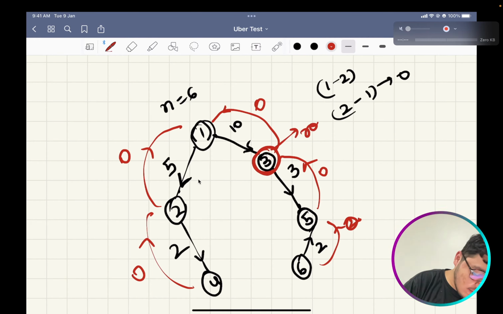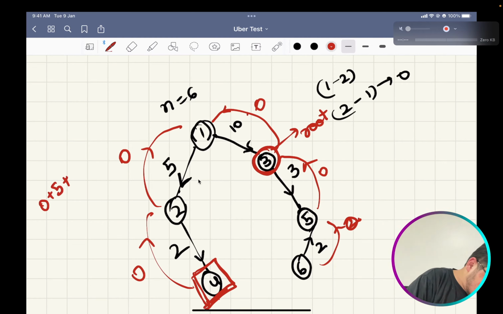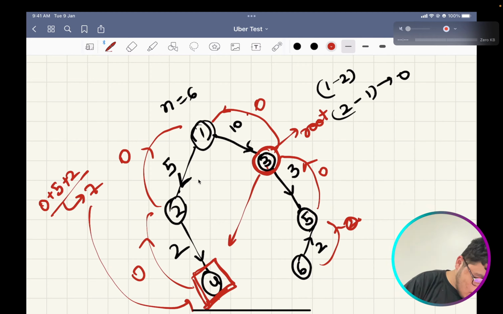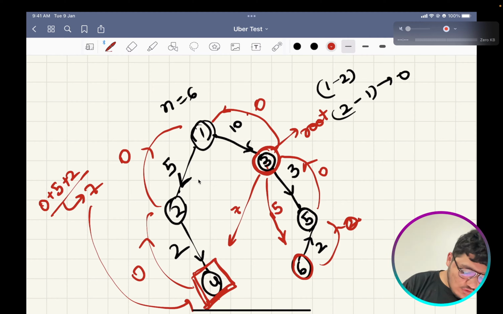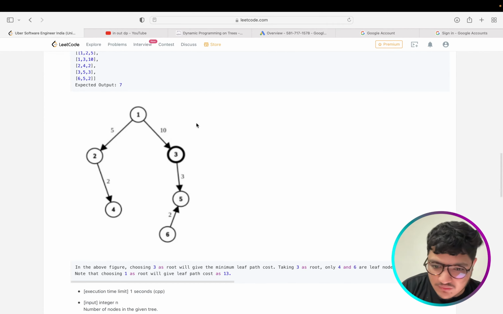let's say you have made this root, to reach this leaf, what would be the minimum cost? It would be 0 plus 5 plus 2, it would be 7. To reach this 4 from 3? It would be 7. And here, to reach this 6 from this 3, it would be 5. So you would have to return the maximum of both these values. Sorry, it would be 3 plus 0, it would be 3. So you have to return this value, the maximum, or it's the sum you have to return.